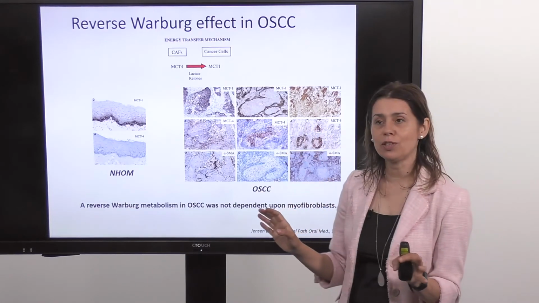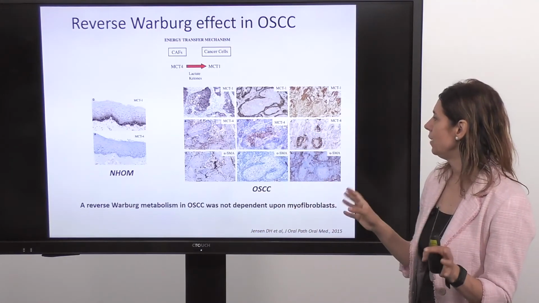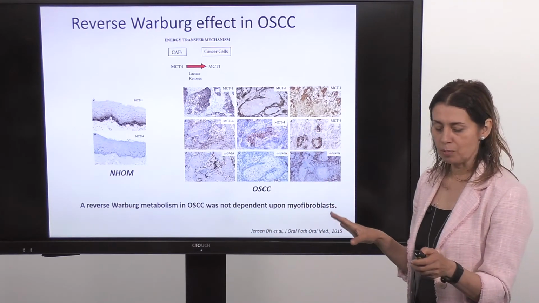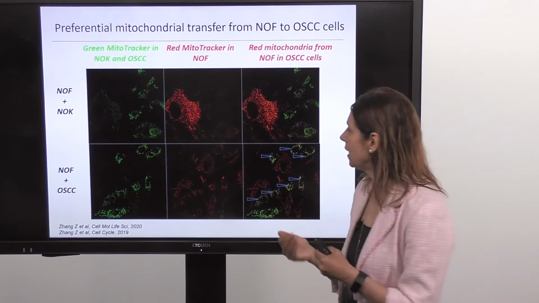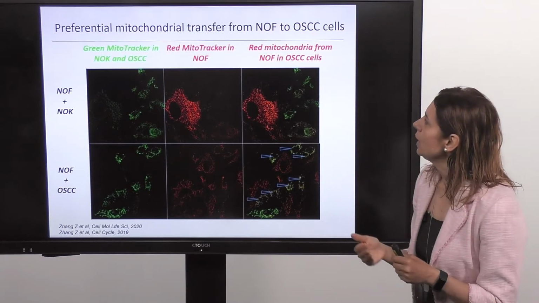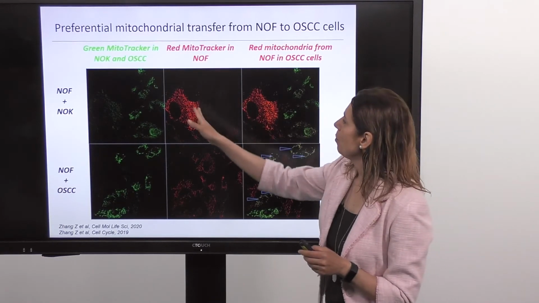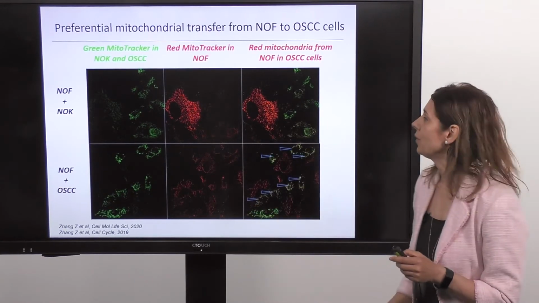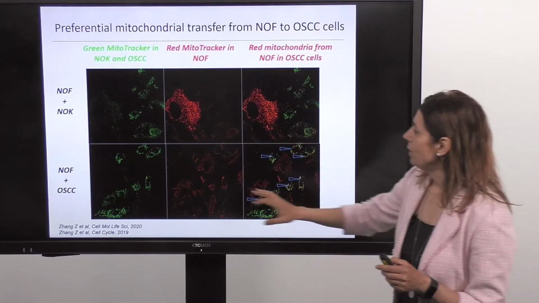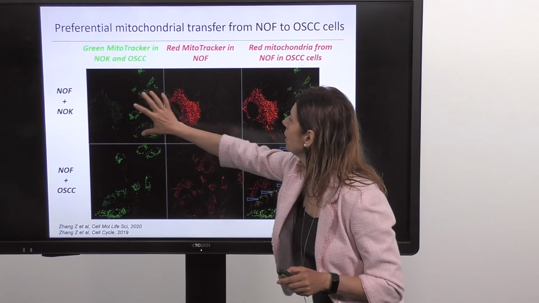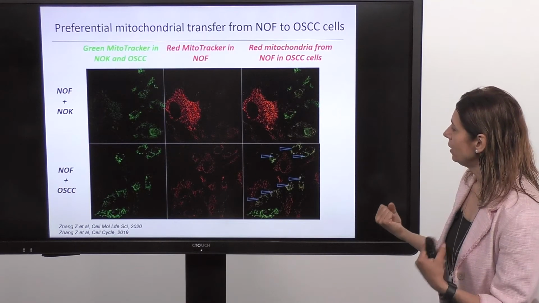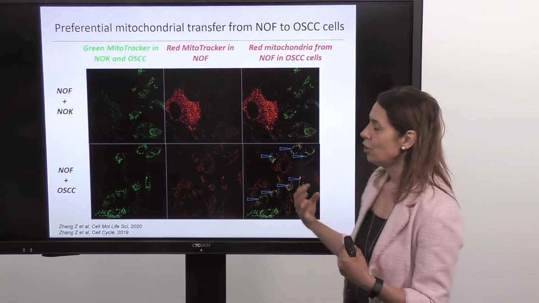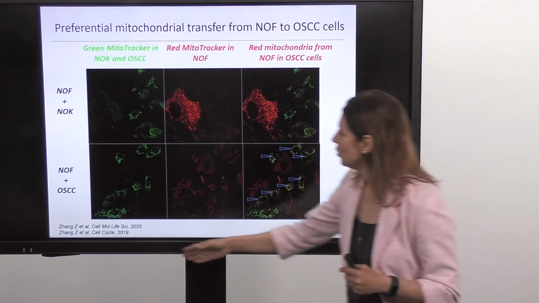They have some evidence for it, but they couldn't find enough evidence that the myofibroblasts are involved. We followed up those studies, and in our co-culture models, we labeled the normal oral fibroblasts with red. The mitochondria are red in these fibroblasts, and we have in green the cancer cells or the normal oral keratinocytes. And when we put them together, interestingly, we have seen not only, and we have proven in 2 papers, that